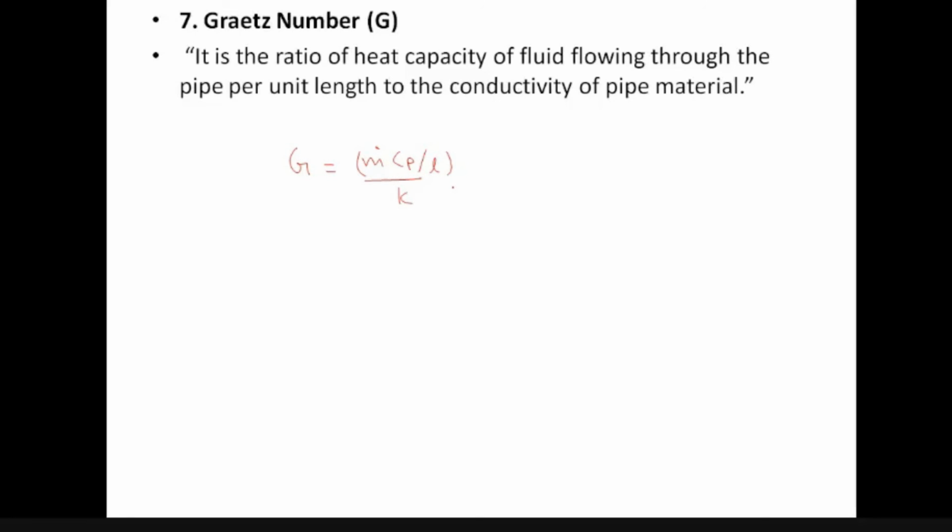So in this way you can relate it, or if you go for simplification, then Gz is a function of pi by 4 times Reynolds number into Prandtl number into again a dimensionless term, that is D by L. So finally we can write that Gz equals the Peclet number into pi D upon 4 L, because Reynolds into Prandtl you can write as the Peclet number. So these are all 7 dimensionless numbers which are repeatedly asked in GTU examinations.